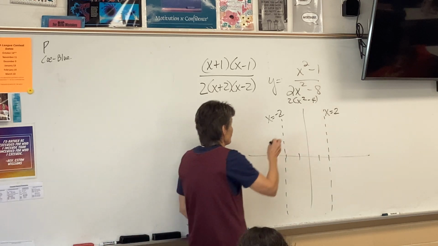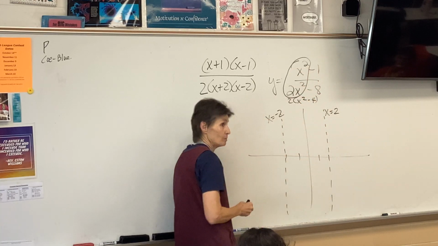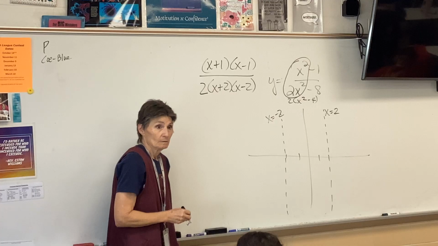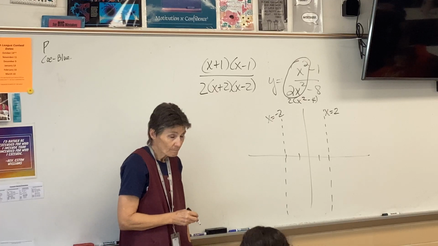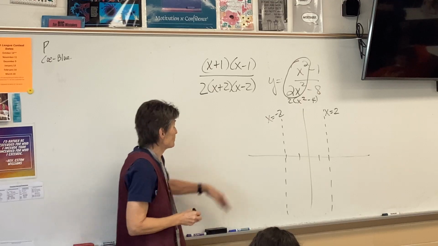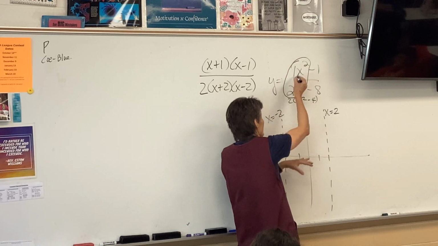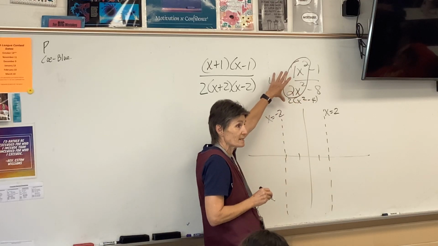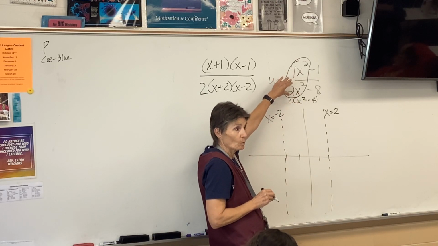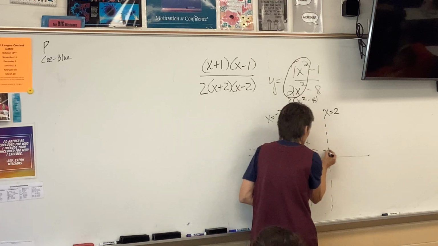Let's look at the original problem. Is there a horizontal asymptote? Yeah. Horizontal asymptote comes right here. X squared, 1x squared over 2x squared. What does that reduce to? 1/2. So my horizontal asymptote